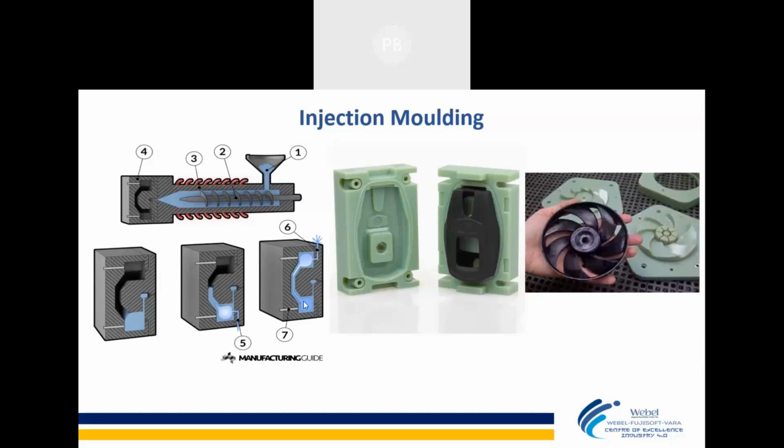After opening the core and cavity part, I will get this part. This is the cavity part, this is the core part, and this black part is my material, my desired product. So injection molding is the worldwide accepted fast-grade production technique, a production tool we use to develop products in lakhs or millions of pieces.